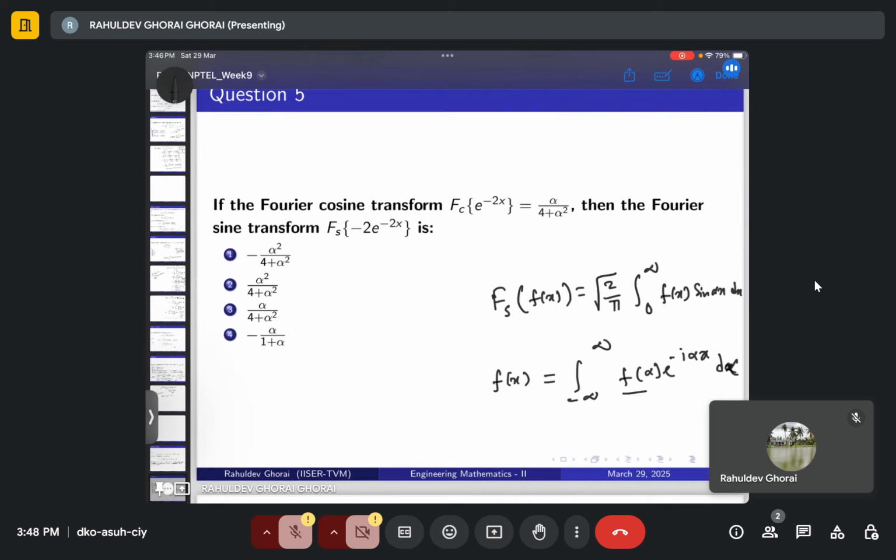I mean that F should be the Fourier transformation of the function. So now this F(alpha),